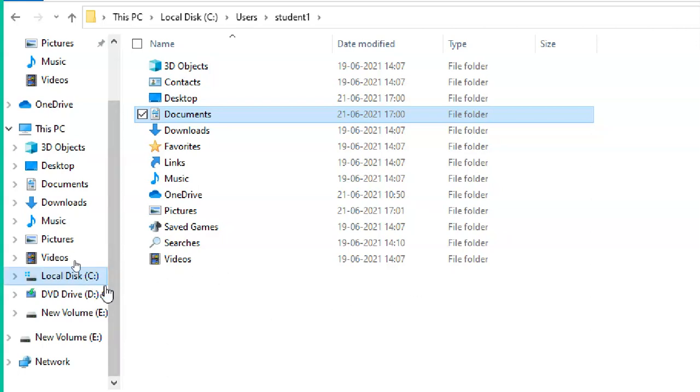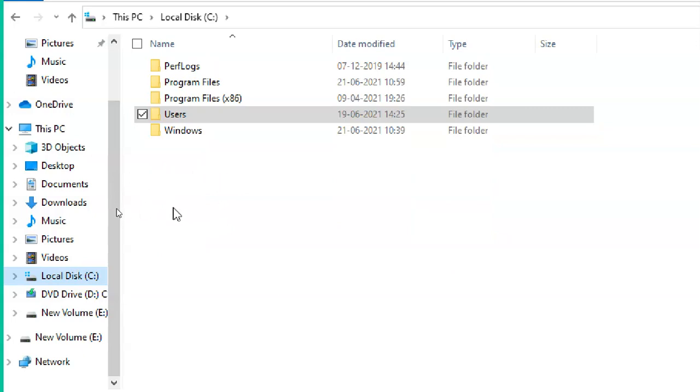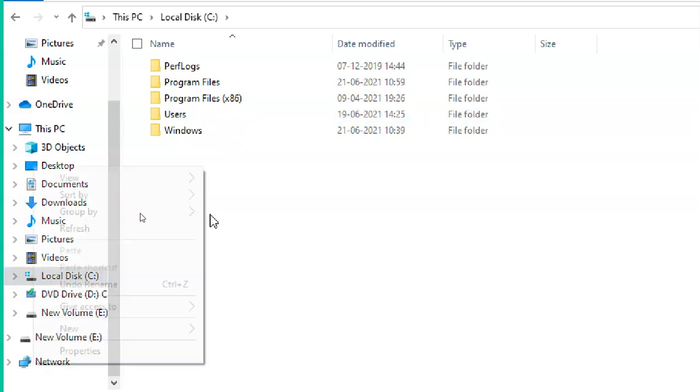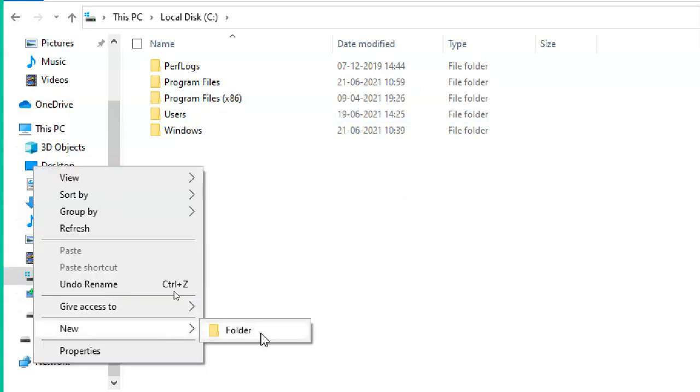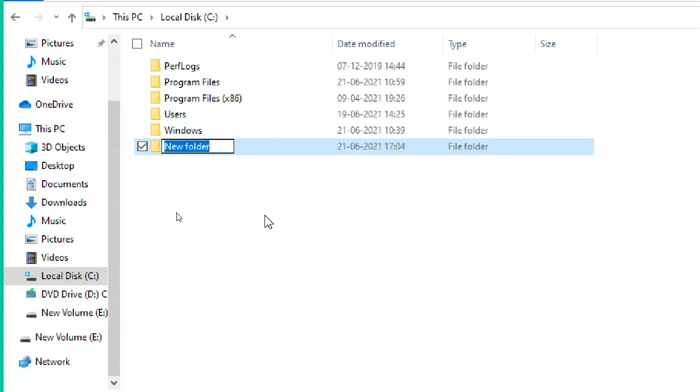So other users will have their own profile data. If I store some data in the C drive, if I create a folder here, it can be viewed by both users. So I'm creating a folder here.